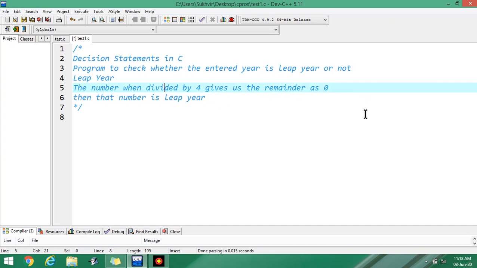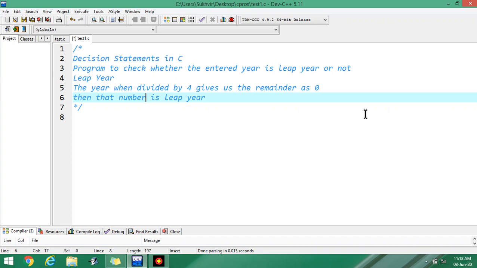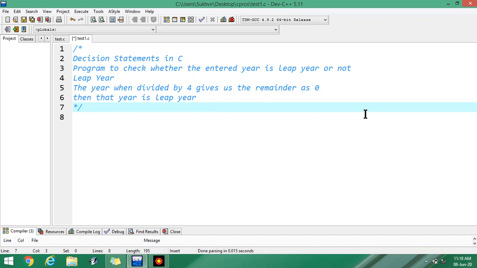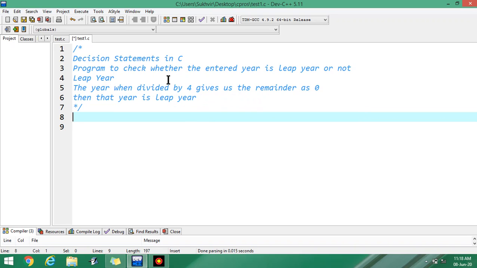You can write here not number, you can write here that year is leap year. Let us try to use this content of leap year, or this formula of leap year.